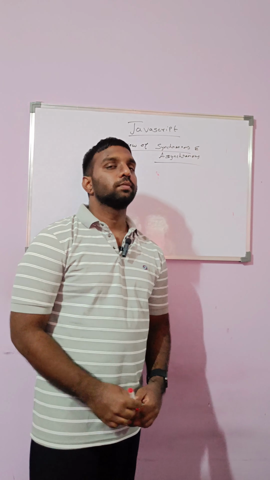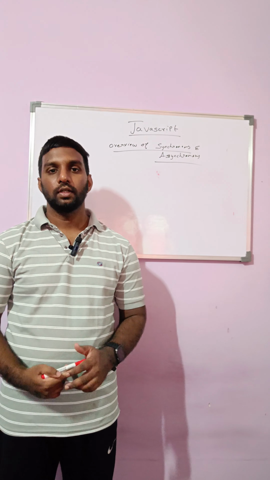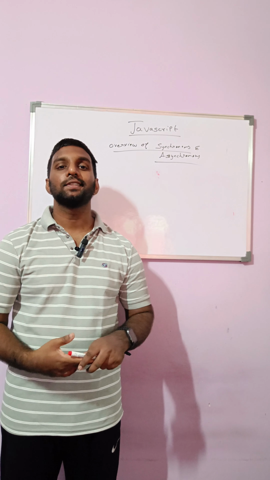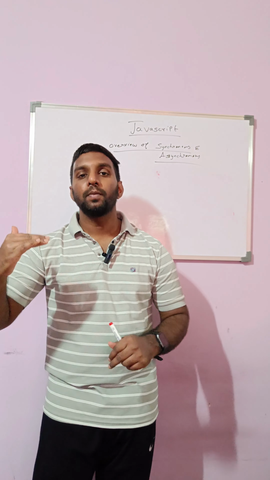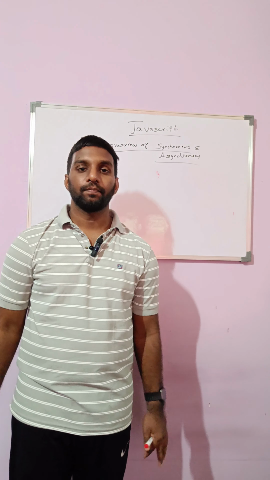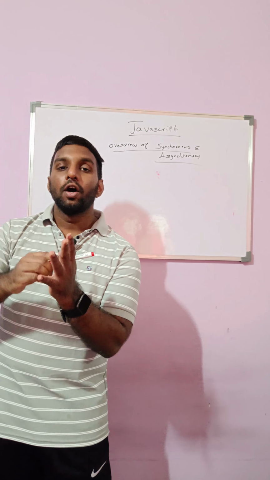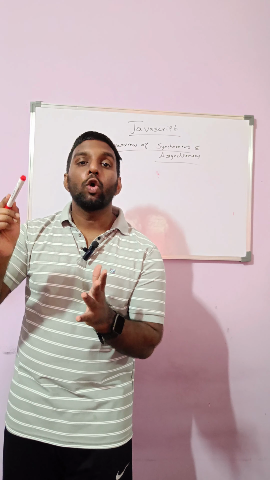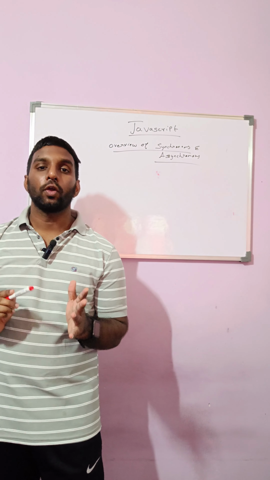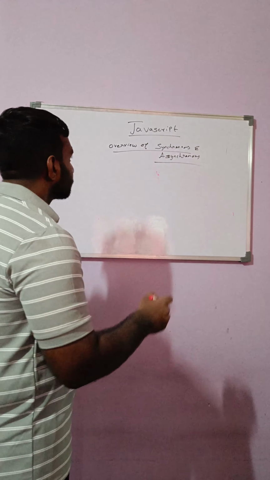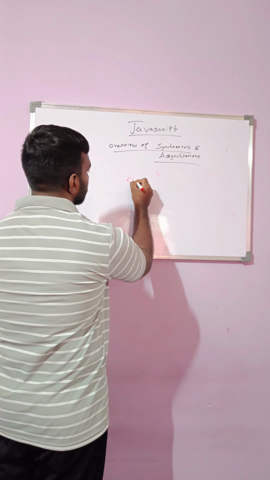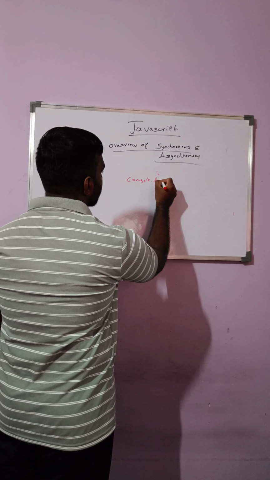So generally, what is meant by synchronous? As I told you in the earlier session, synchronous is top to bottom, line by line execution. Generally, JavaScript is top to bottom, it will execute the code line by line. Okay. So for example, I'll show you one beautiful example: console log X,